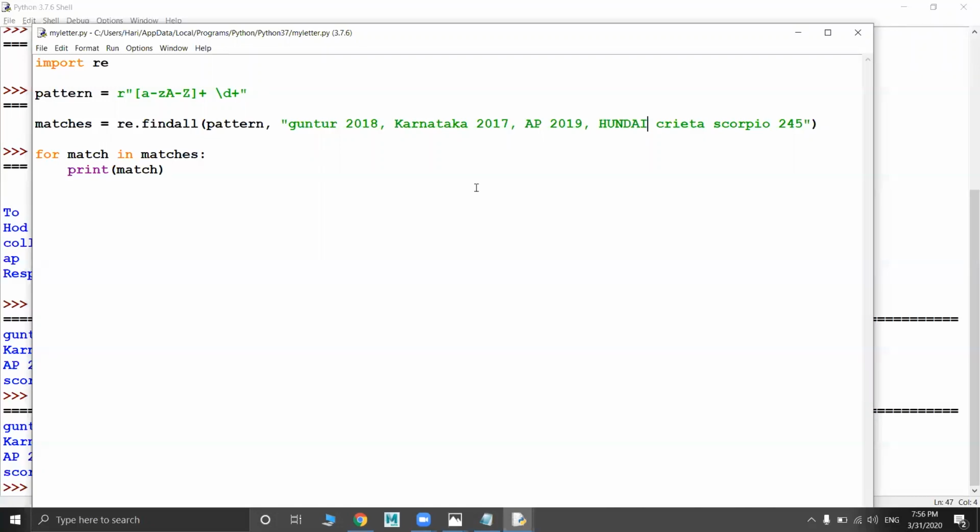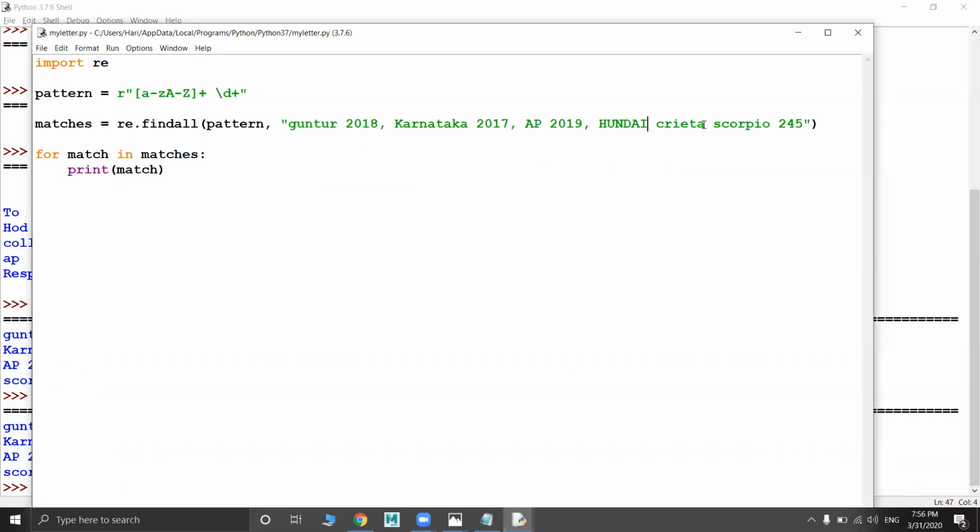When this type of combination is matched, then we retrieve it. We did not say, see, I gave the square brackets there, that it should have completely small letters or completely capital letters. If you observe the example string I took, for Guntur it is completely small letters, for Karnataka it is a mix of small and capital letters, for AP it is completely capital letters, and when you go to Scorpio it is again completely small letters. So whether it has small letters or capital letters, it will work.